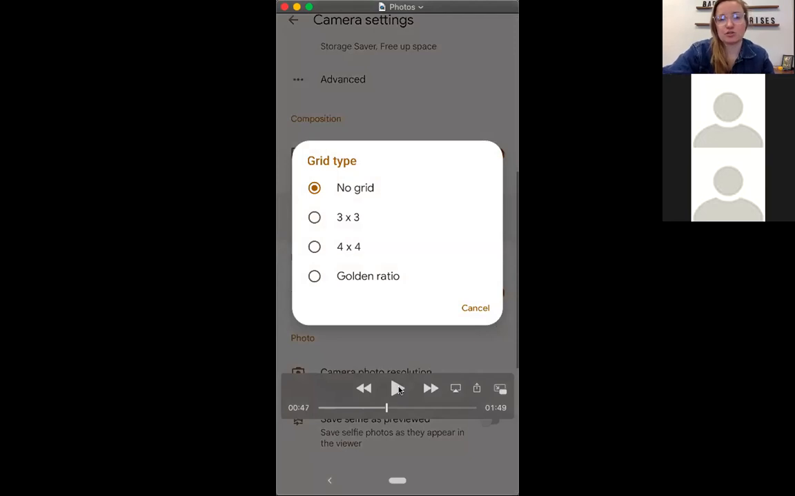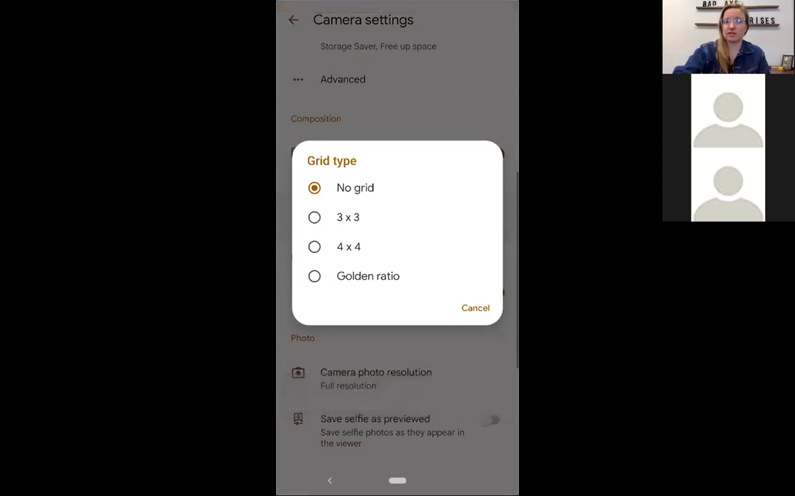All right. So grid types, these rule of thirds, 3x3. So that would be 9 boxes on your screen, 4x4, obviously would be 16 boxes on your screen. And then the golden ratio. This is another grid type that overlays onto your image capturing